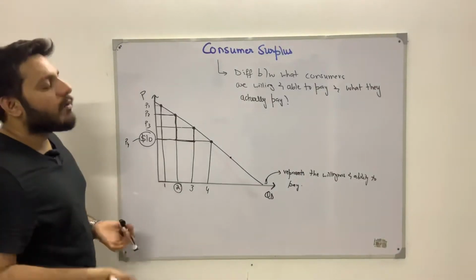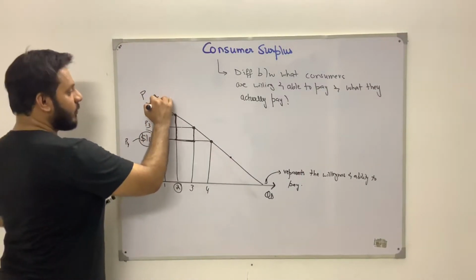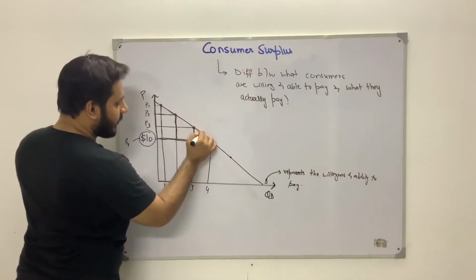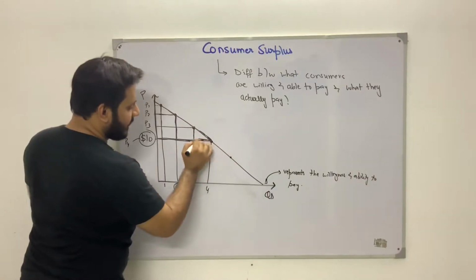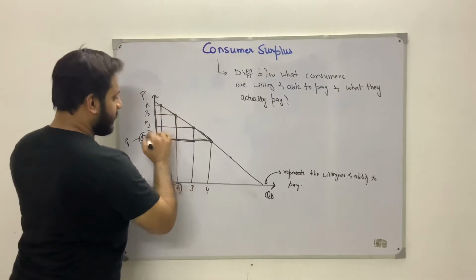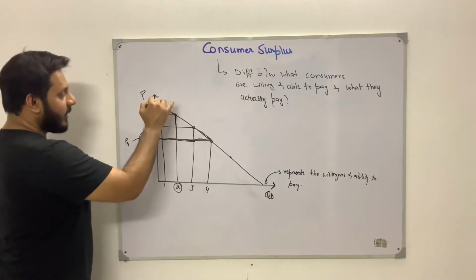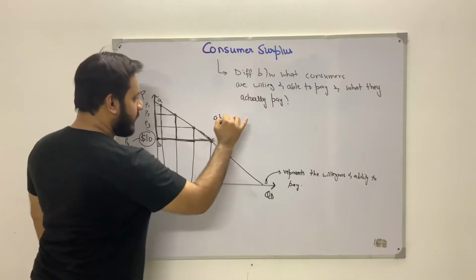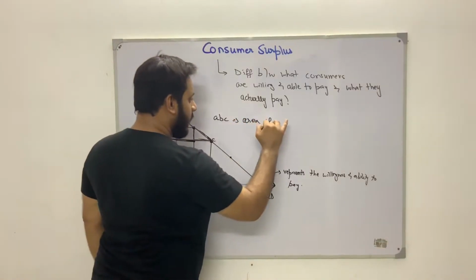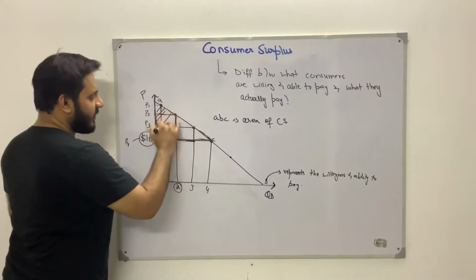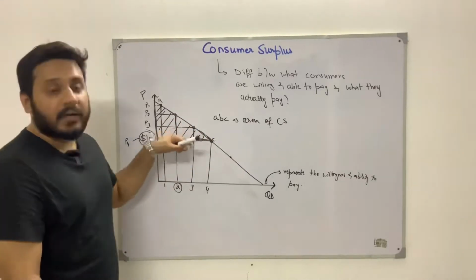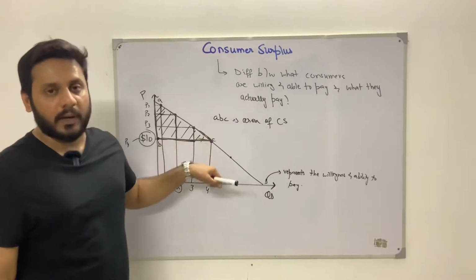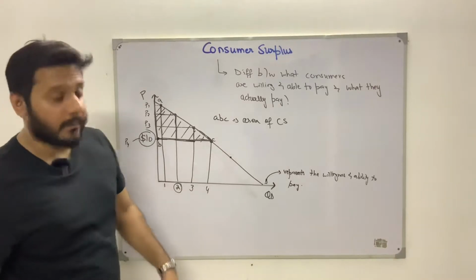And so technically what's happening over here is, you can clearly see that this whole triangle, which is above the market price and under the demand curve, I don't have another marker right now, otherwise I should have brought another marker with me. But anyways, all of this triangle, that is triangle ABC, is representing the area of consumer surplus. That is, this is representing consumer welfare. It is representing that the consumer is better off by this area because he actually bought something at a much lower price than he was willing and able to pay, right?